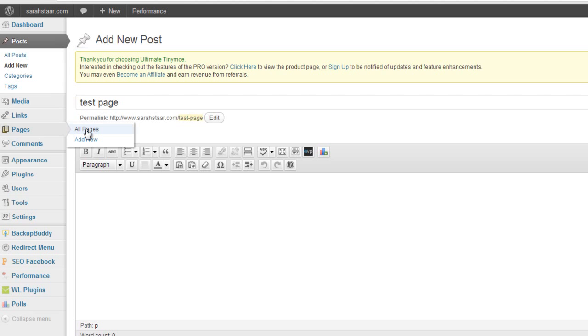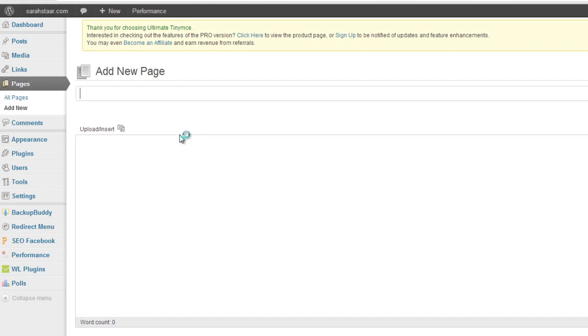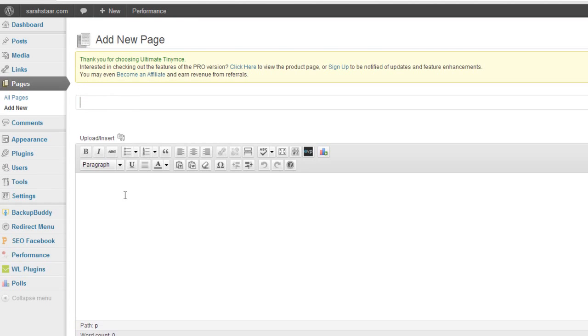You can either do this with a post or a page. So I'm going to say add new, and I'm going to create a new page, and let's pretend this is going to be a download page. So this is quite useful. Obviously these pages would not be protected, but it's quite useful if you've got just something you really want to